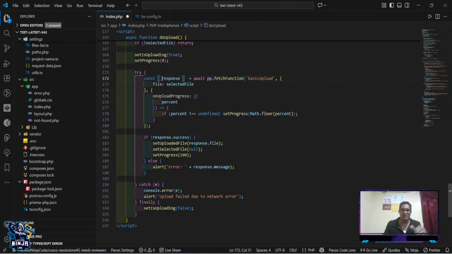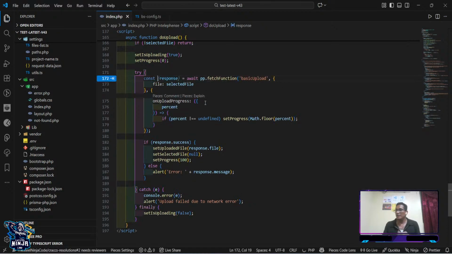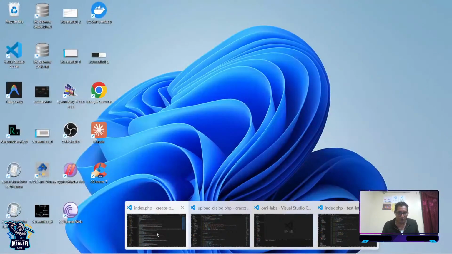What we were doing was extracting the response. But Prisma PHP doesn't manipulate the response, so you're going to get the clean object or the clean string which is coming from the server. So this way you can, let's say, do